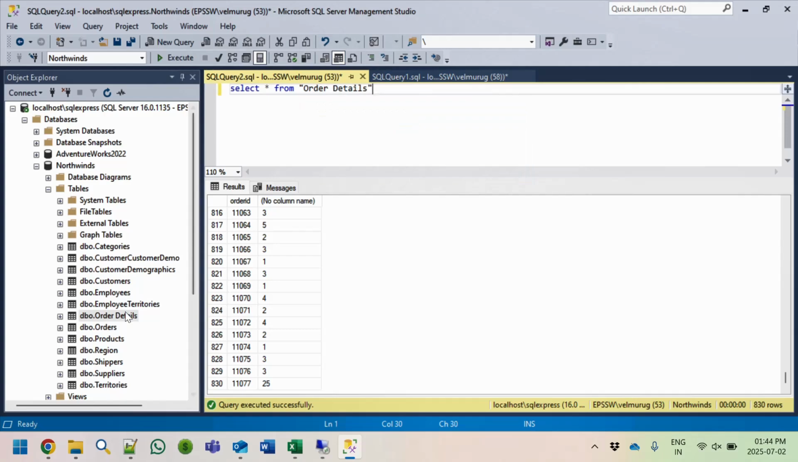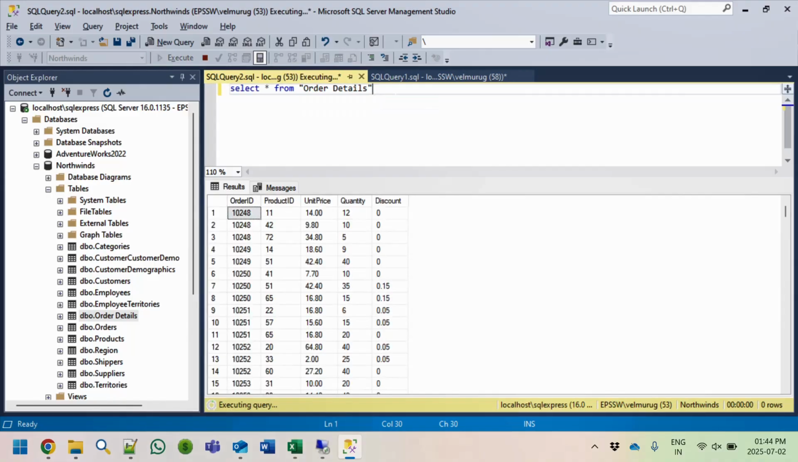Since this particular table has a space in its name, we need to give it in double quotes. If we execute this, it gives the list of all orders and the product details, unit price, discount and quantity. And here I want to list out order ID in descending order. In that case, I can type order by